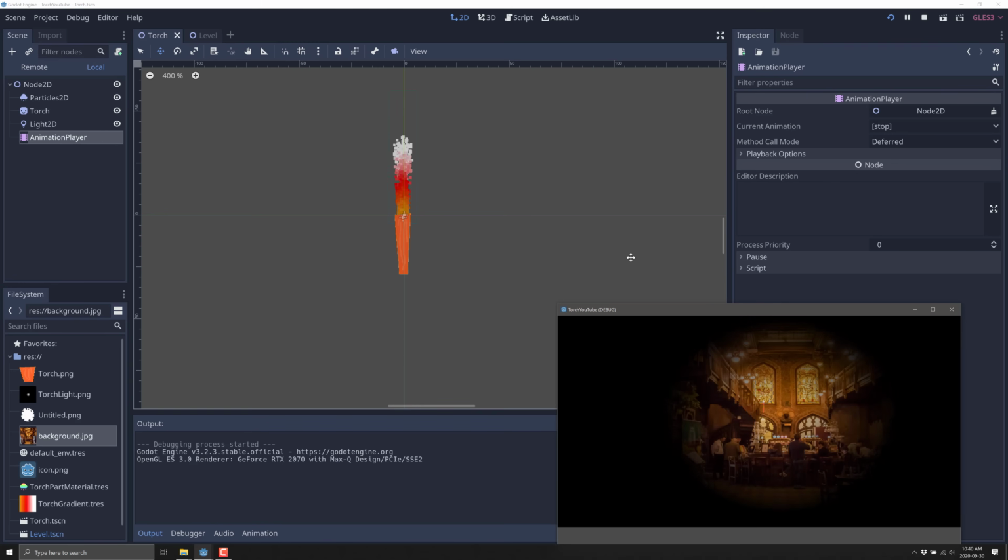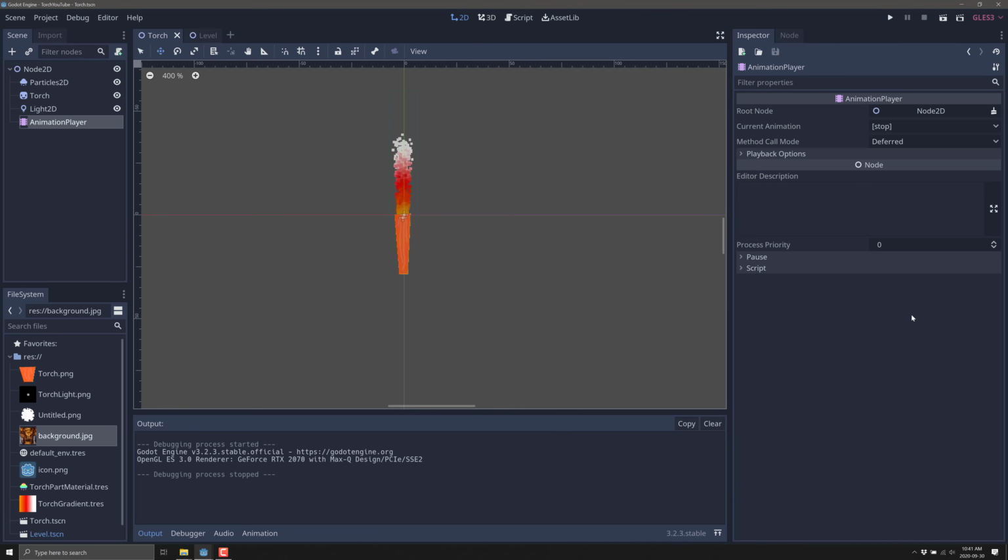All right, so we've got our torch in scene. You see the amount of size is going up and down and up and down. So you can easily have a flicker effect around your torch. You could also have it get a little bit smaller, which would probably make it look even more realistic on the whole. But there is a way you could animate the masking effect of this particular torch.